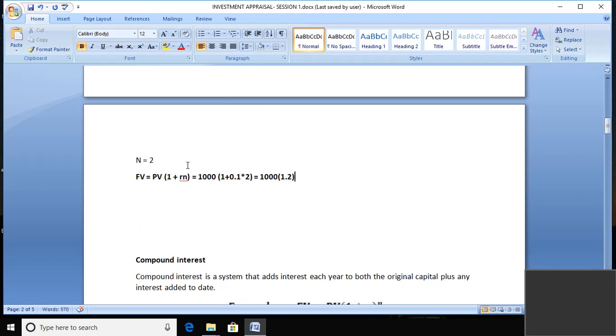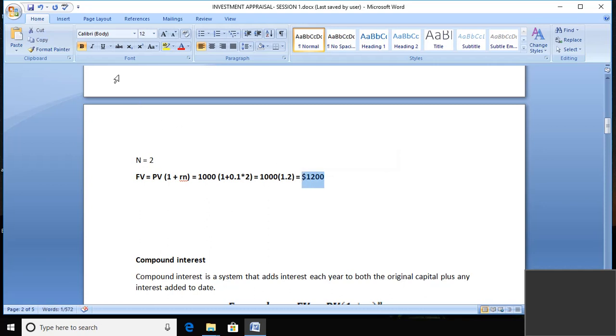So tap that into the calculator, you have 1,200. So $1,200 will be the future value, or the total amount of money in an investment after 2 years under